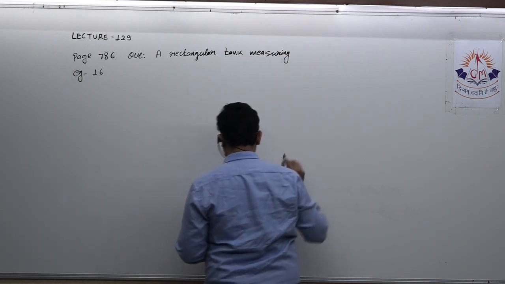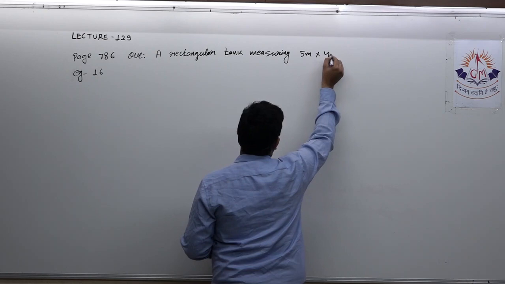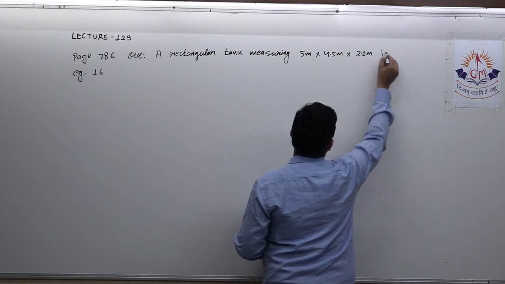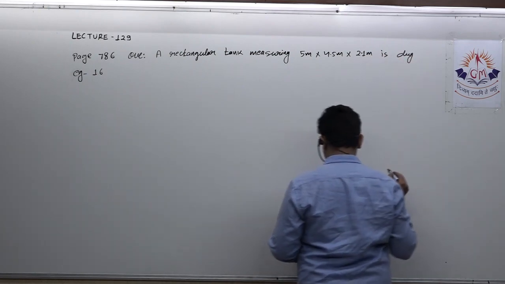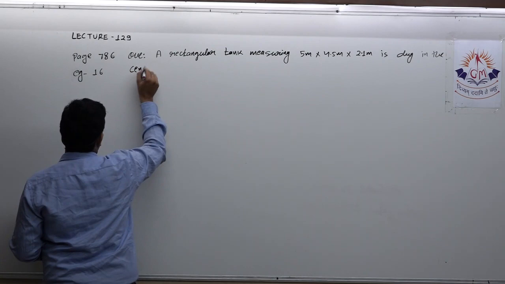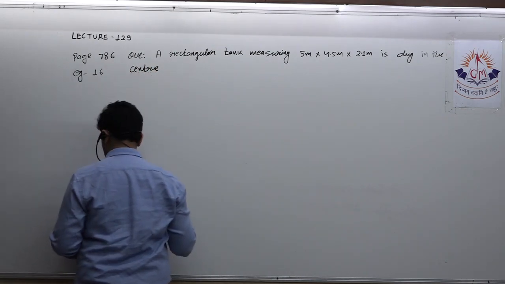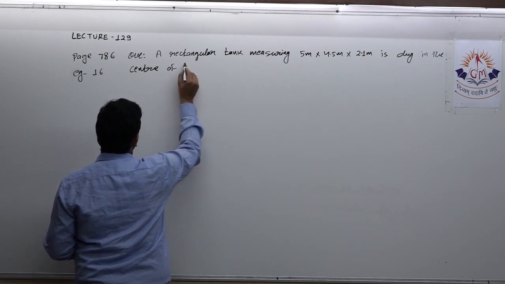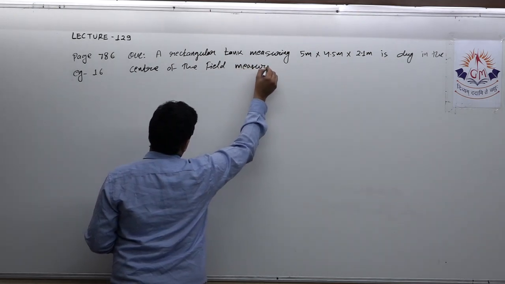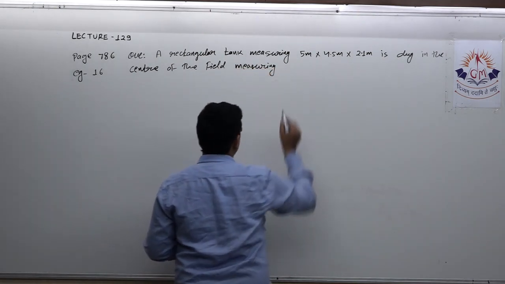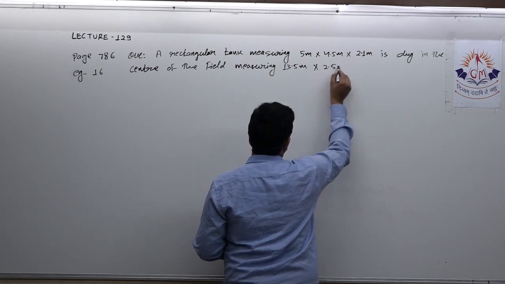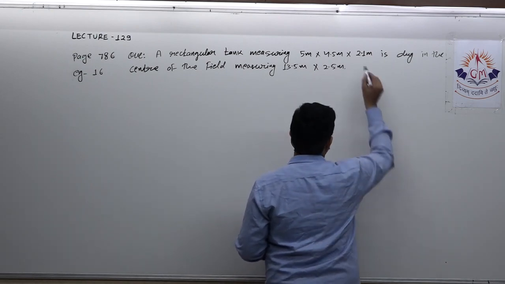measuring 5 meter by 4.5 meter by 2.1 meter is dug in the center of the field measuring 13.5 meter by 2.5 meter. The earth dug out is spread